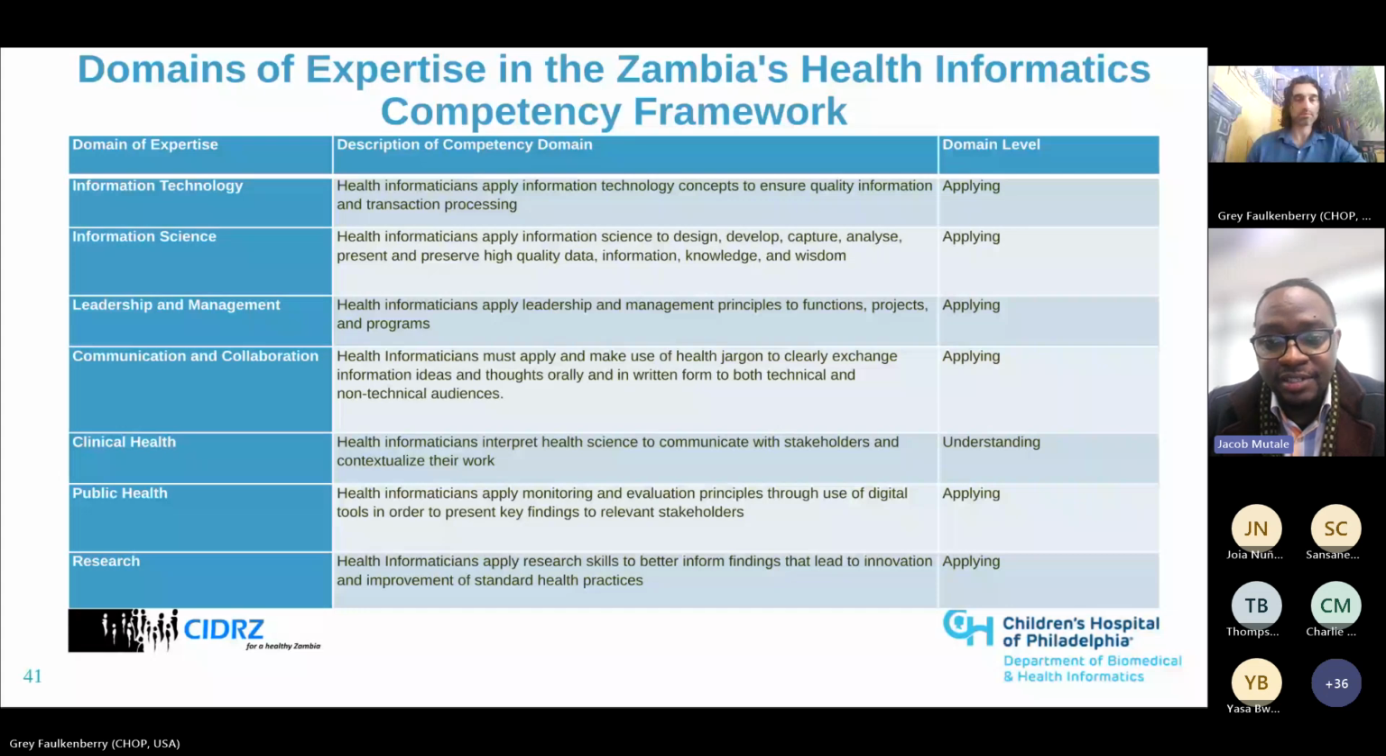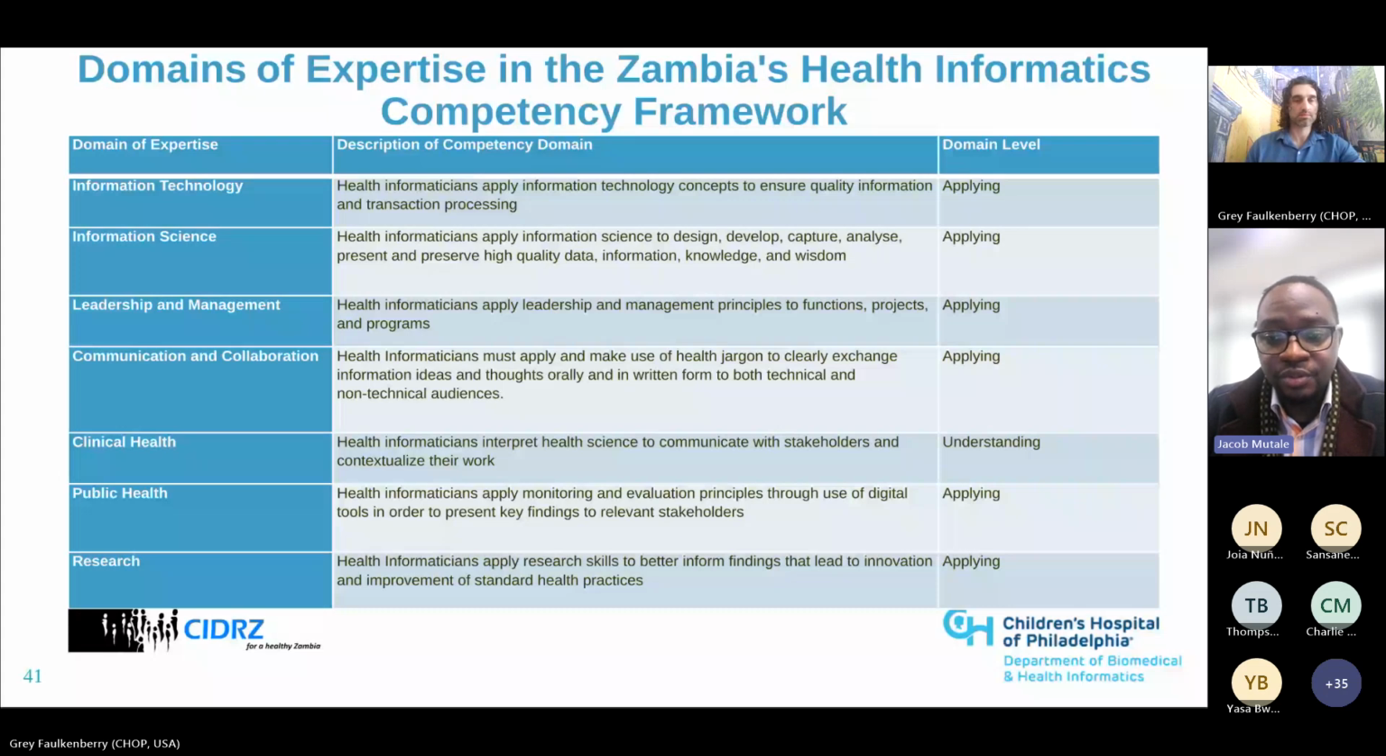So this is a summary of what is documented in our health informatics competency framework, and it forms the foundation for all the training programs that we supported developing at the 2 institutions that we'll speak about. But it also can be used by any other training institutions in Zambia because it was signed off by the Higher Education Authority. So at this point in our presentation, I'll hand over to Yasa, who will walk us through